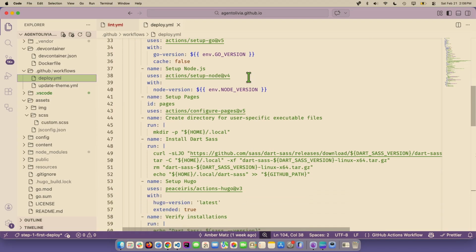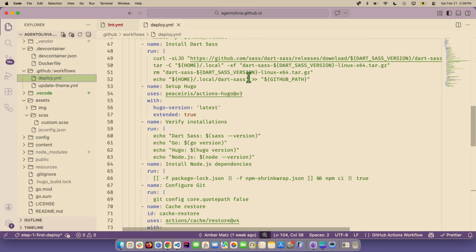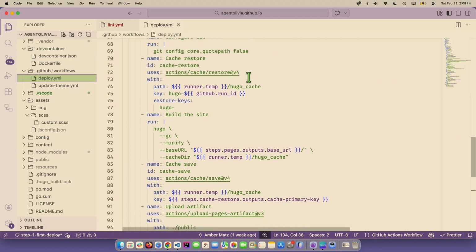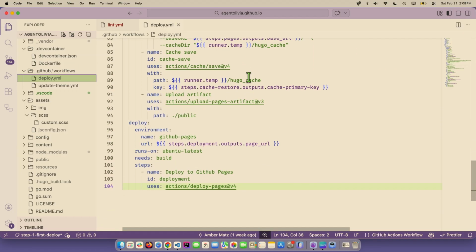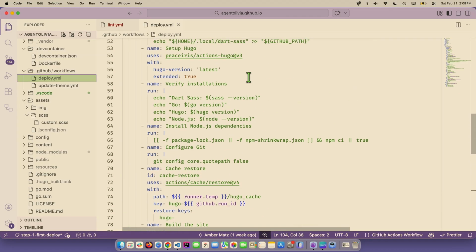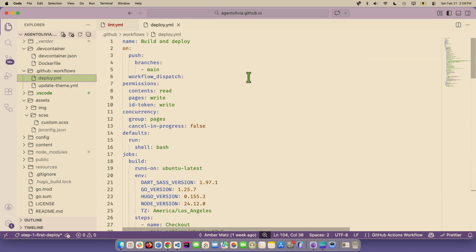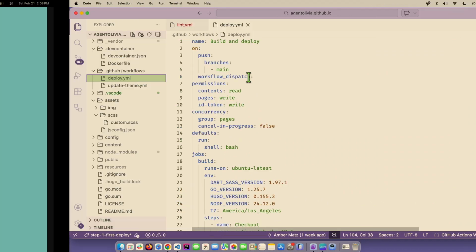So this is what I started with, a build and deploy, but I'm scrolling through this, and my eyes are starting to glaze over a little bit. And there's a lot of info in here, and I'm thinking, okay, I'm so glad that someone else wrote this, because what is going on here? I need a simpler place to start. So this was my starting point,